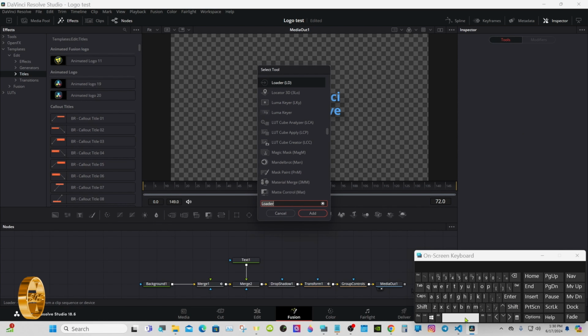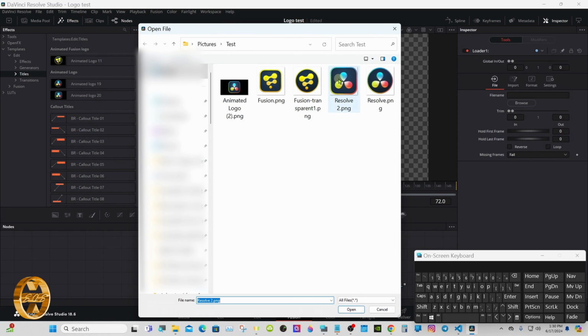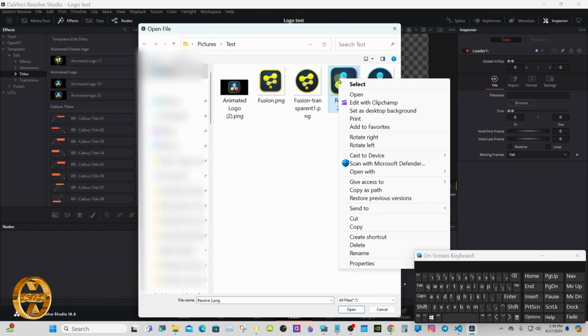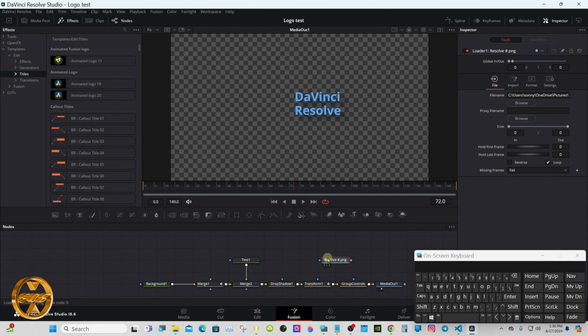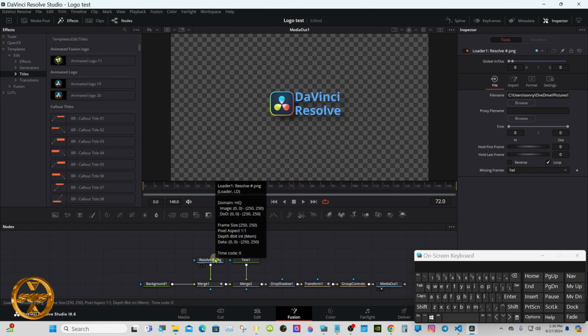And we want to use a loader node again. So type in loader, mine's already up there. Here's the logo we use. Now we will not change the name. I'm just going to do a quick macro on it. You already know how to do the macro the way you want with all the controls. For the sake of the tutorial, I'm just going to do a quick one. But I'm going to pick the logo first. That way it's easier to find in the settings file that we're going to get to in a minute. And actually, before we go any farther,